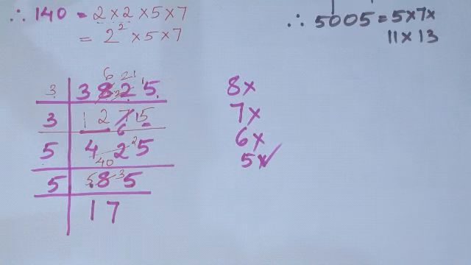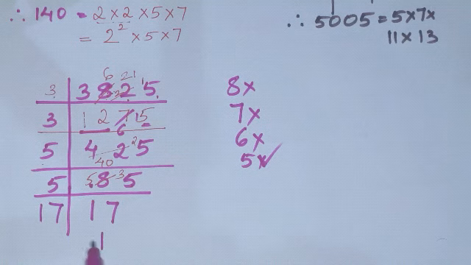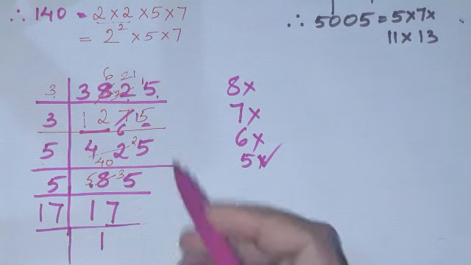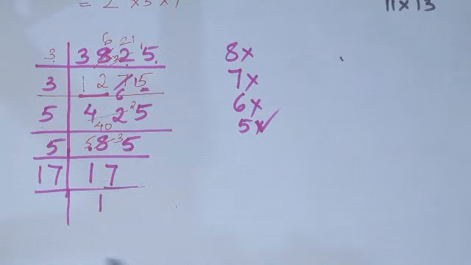Now 17 is an odd number, so it will be there in only 17's table. It is a prime number, definitely, correct, because it gets multiplied to itself only. So 17 1's are 17, and these are nothing but the prime factors of this number, that is 3825. So let's write it down. Therefore